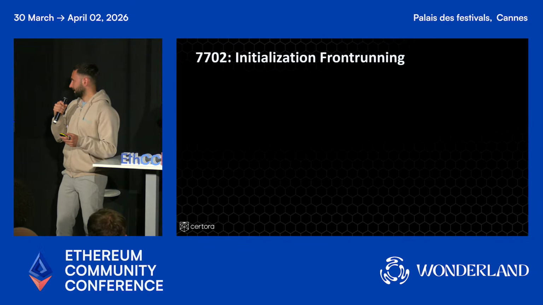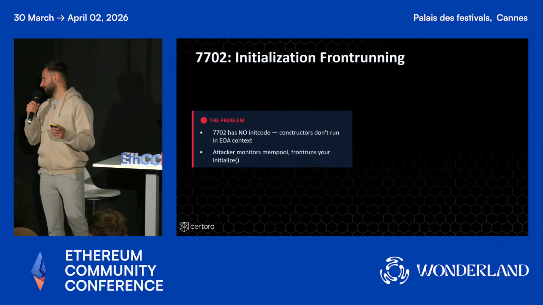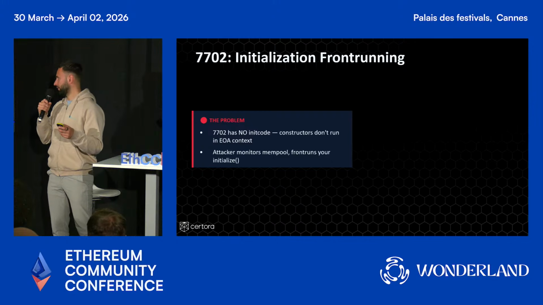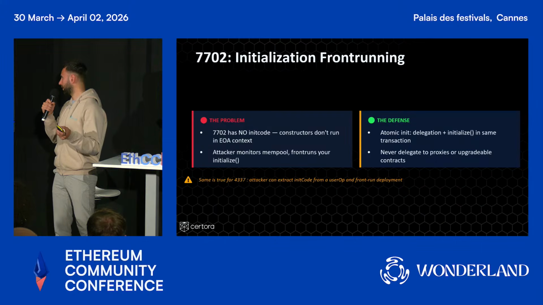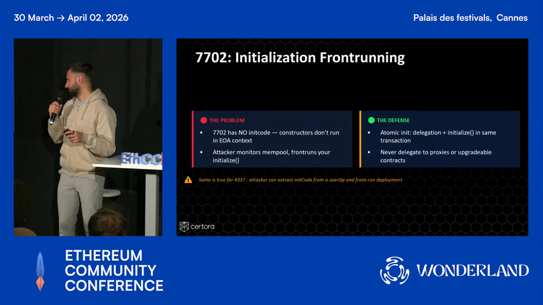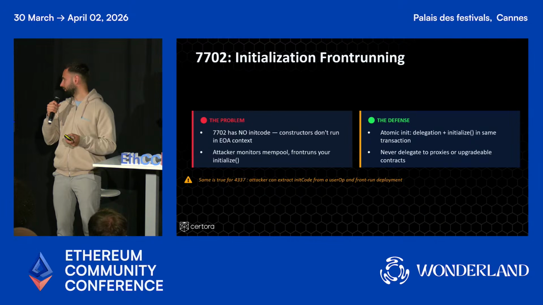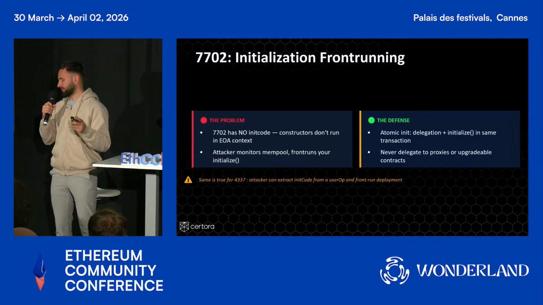Second one is initialization front running. Remember that 7702 has no init code, so constructors don't run in your EOA context. So if you want to set a role, permission, or owner, you have to do it atomically. I mean delegation and initialization in the same transaction, and never delegate to proxies or upgradable contracts, but only delegate